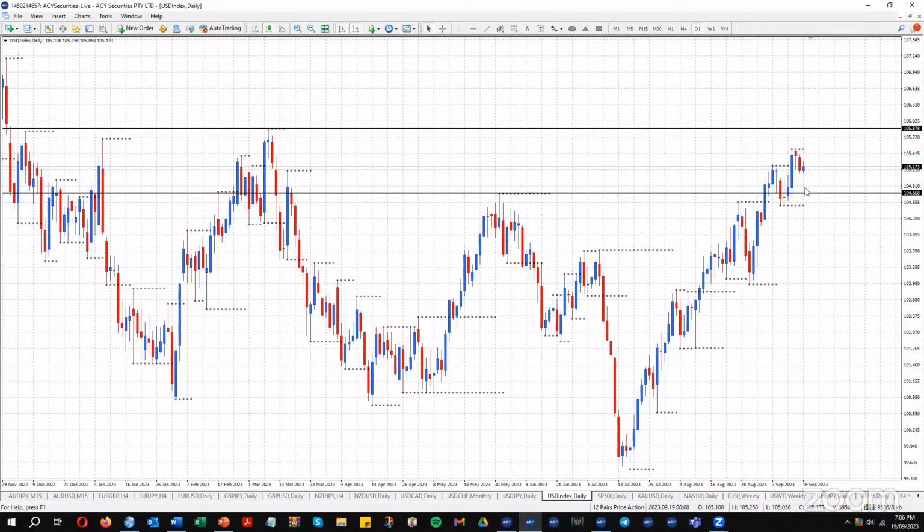If nothing's really changing structurally, I would be anticipating that we may be coming up to test this high. Now, when we come up to test the high, we could obviously fail and falter there and get a sell-off. So I will be watching for the levels to get touched here and then seeing what's happening. But at the moment, we're in a clear uptrend there, and trying to sell